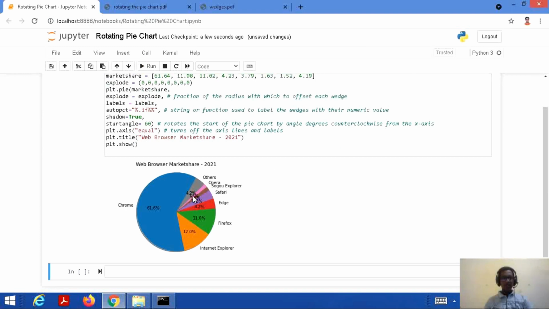Now what happened is we started our value of Chrome at an angle of 60 degrees anti-clockwise from the x-axis. So this is again the x-axis, and now it has been changed to an angle of 60 degrees with respect to x in an anti-clockwise direction. So we can change this angle according to our convenience.